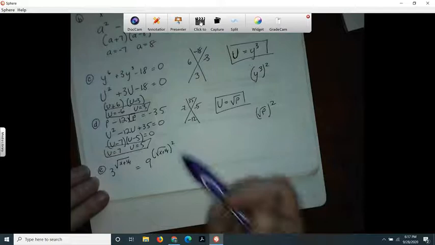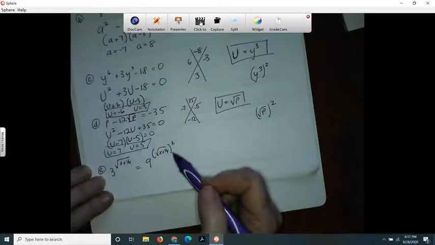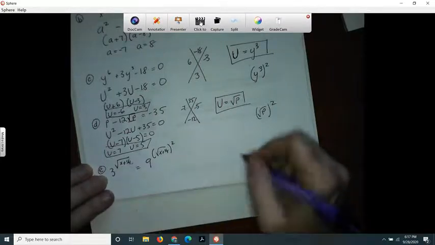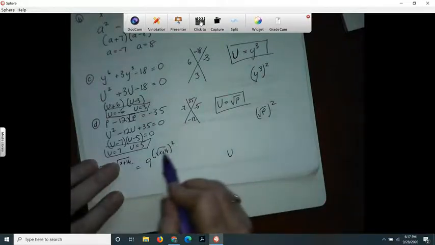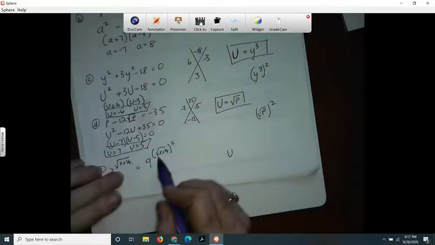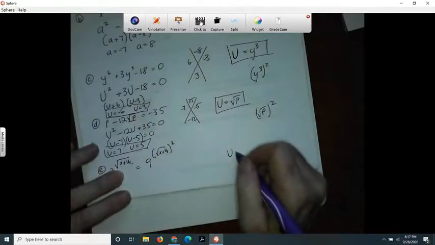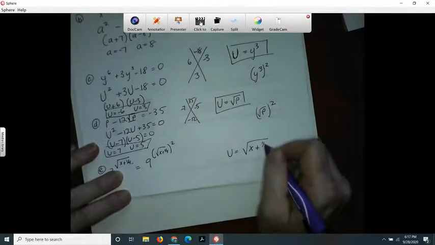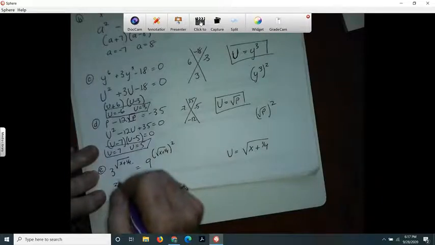And finally, the last one, I think I would choose this one as my u right here. Because they have these matching pairs, they're not really factors, but matching pairs, I guess you could say. So let's let u equal the square root of x plus 1/4. That way, this would just be written as 3u